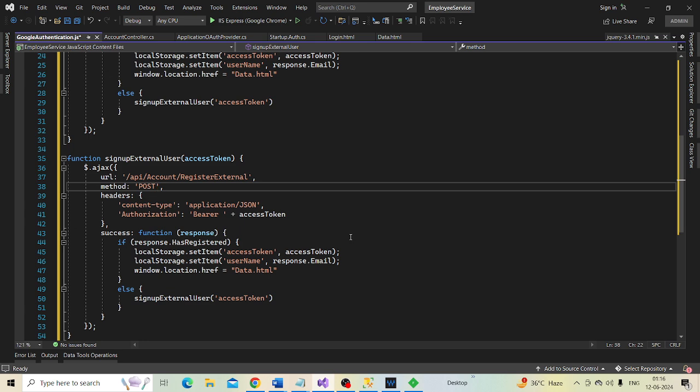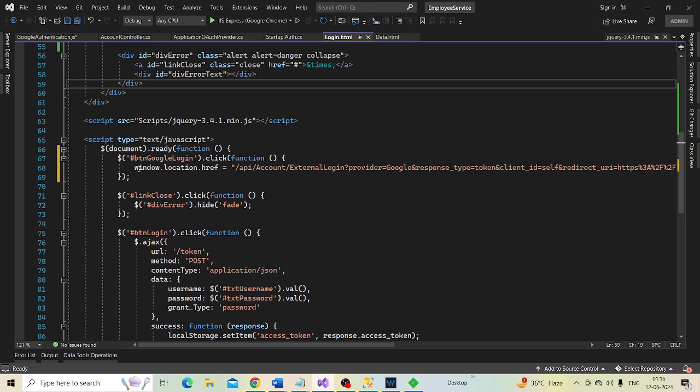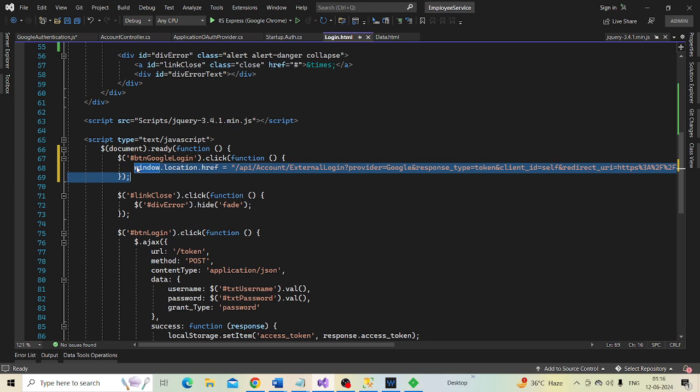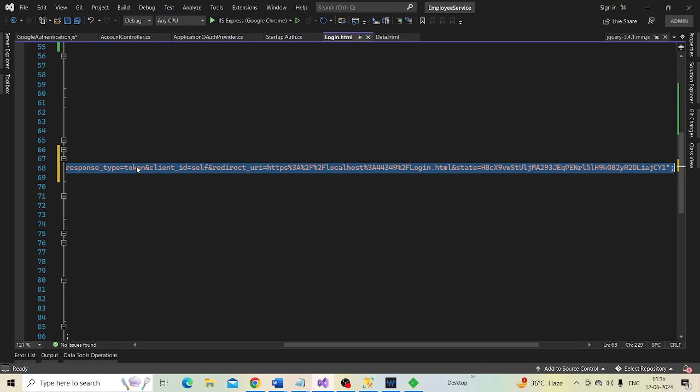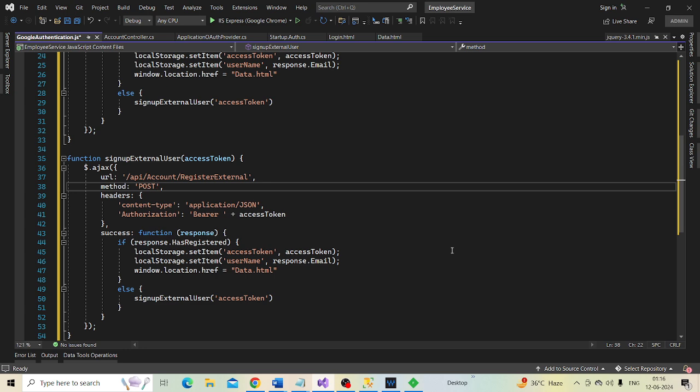So I am going to copy this line of code right from here, and paste it right here.